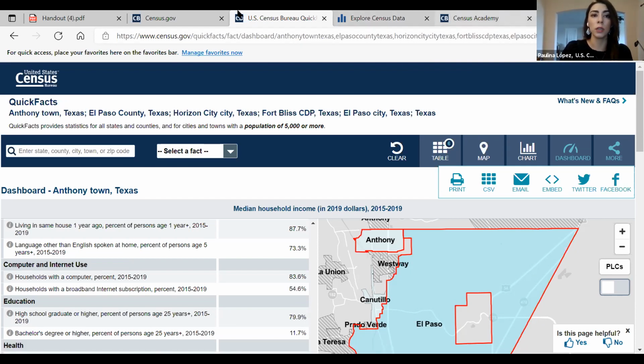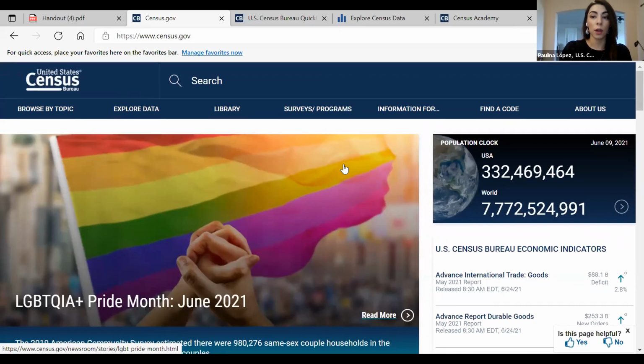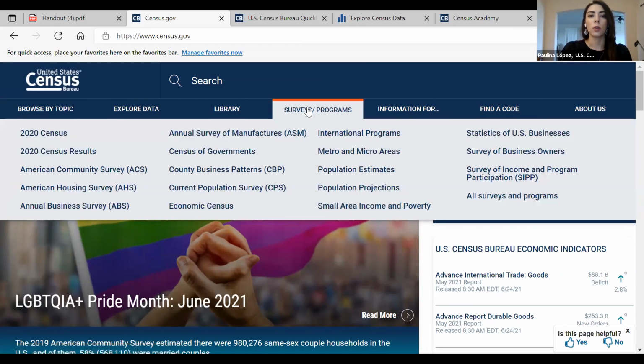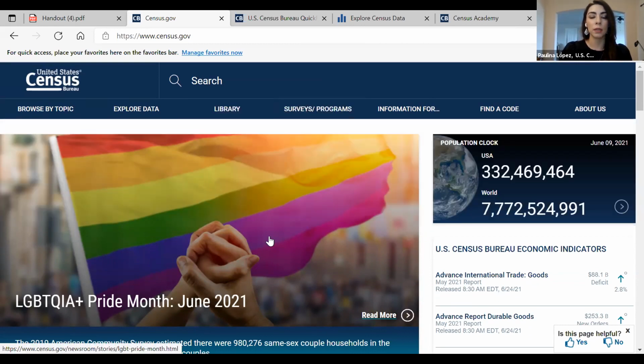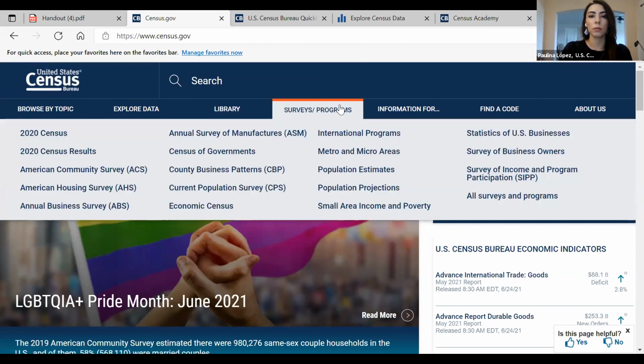So very cool. Moving to our second data tool that I wanted to present, and I think that this is one of the hidden gems at the Census Bureau because not many people know it's there. But especially if you're working with reports, this tool has basically already written the report for you. So you again go to our main census website. You would click on surveys and programs and select American Community Survey.